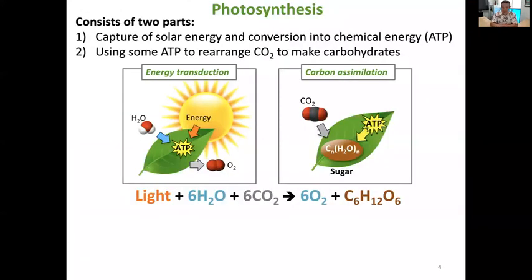So photosynthesis is all about taking energy from the sun, which we have an abundance of, right? Because ever since the beginning of life on Earth, 3.5 billion years ago, there's been plenty of sunshine. And that's a lot of energy. So it's all about capturing that energy and converting it into a chemical form, which is, of course, ATP. Then taking that ATP and turning it into carbohydrates so that the carbohydrates, which then represent the energy